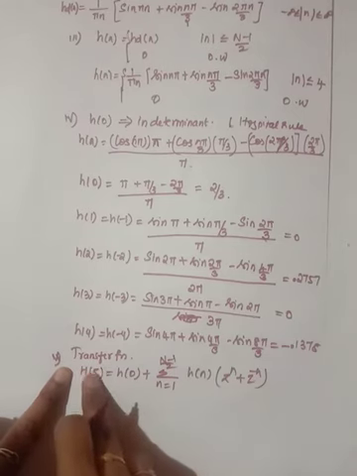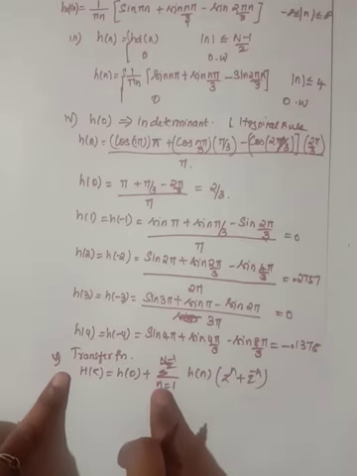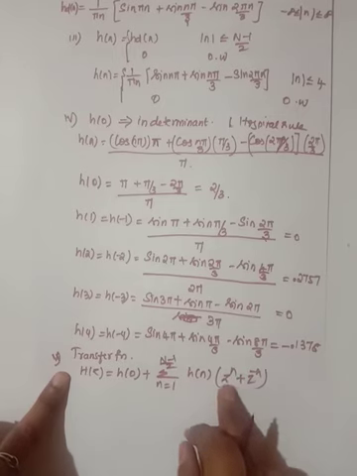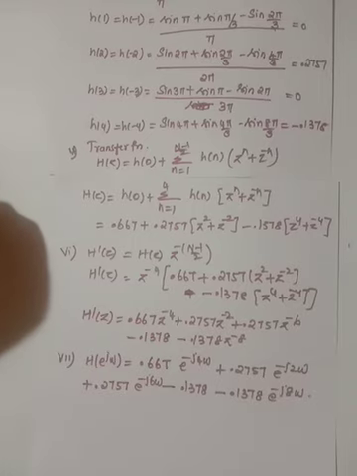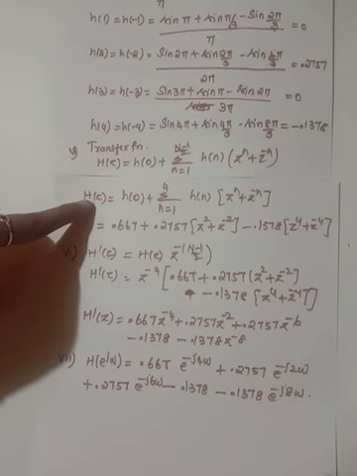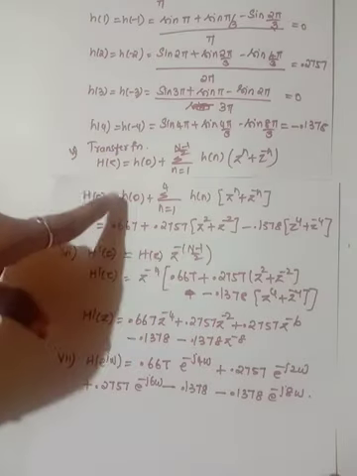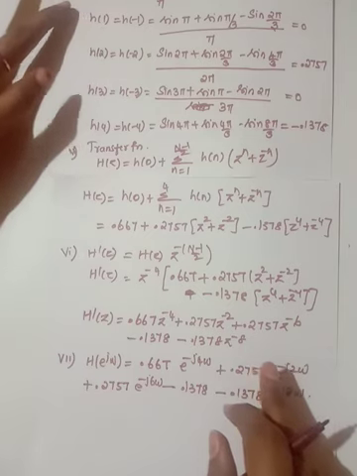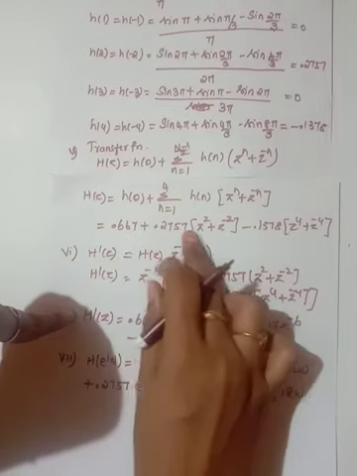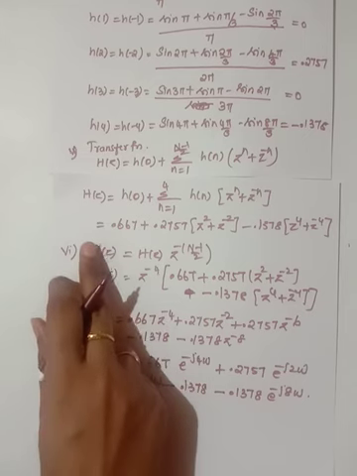Now the next step is to find the transfer function. H of z is equal to h of 0 plus summation n equal to 1 to n minus 1 by 2 of h of n z power minus n. Using this equation, I substitute all the values found and rewrote the equation. I am getting only the h of 0, h of 2 and h of 4 values; the remaining h of 1 and h of 3 are 0. So here I have found h of z.